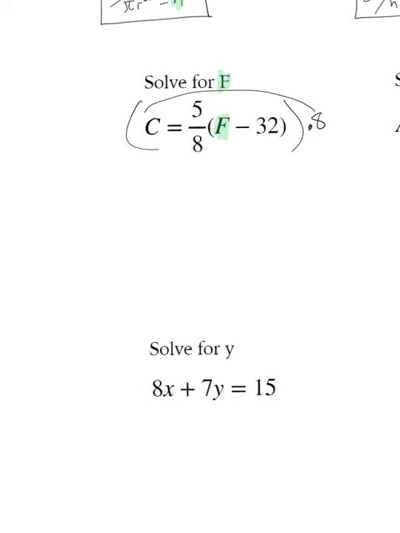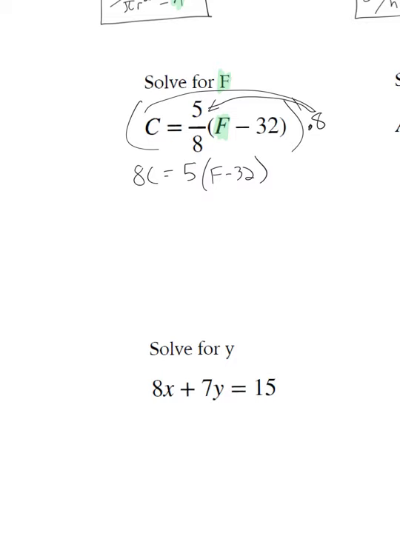8 times c ends up being 8c. 8 times 5 over 8 ends up being 40 over 8. 8 goes into 40 5 times. So here we have 5 on the outside of our parentheses, and on the inside we have f minus 32. So we got rid of the fraction, and now we want to get rid of the 5